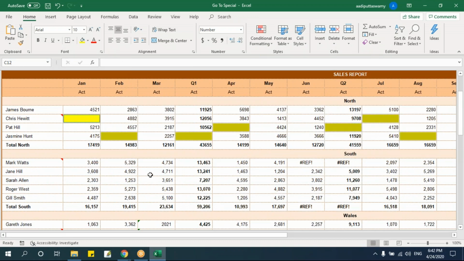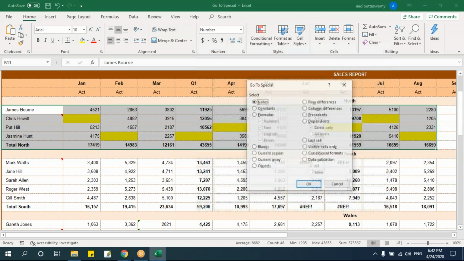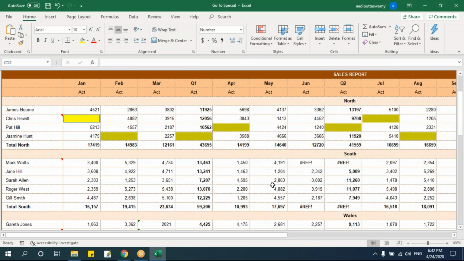This is one use, so I can highlight all the blanks. Let me select Control G and say special, say blank. Now I want to fill some value here in all the cells. Say, let's take it as 0. Put 0. Don't say enter. Hold Control Enter. See, wherever I've selected the blanks, that will have zeros here. This is one more use. So whenever you are trying to do something like this, you first select the blanks and then type a value and then press Control Enter. All the selected cells will get 0.